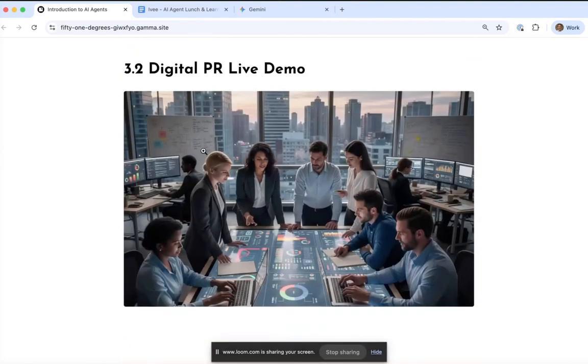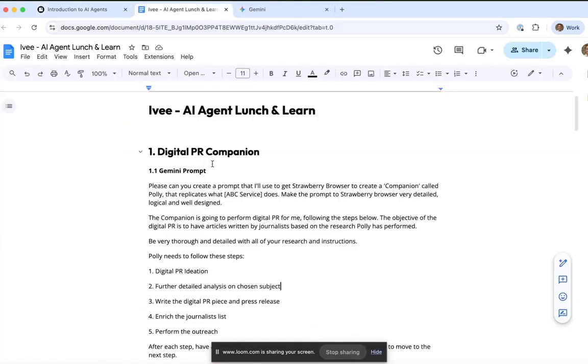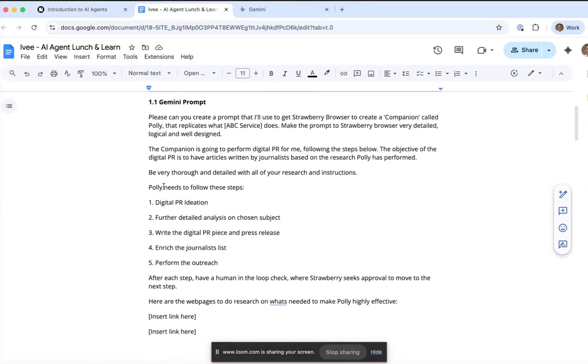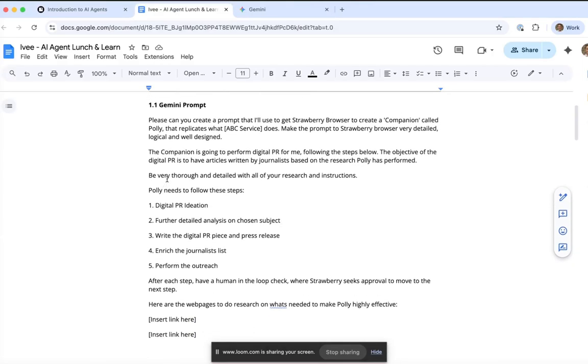So the first live demo is the digital PR tool that I've described. So what I'm going to do here is go back to my Google Doc. And I've written a prompt here, which I will then put into Gemini, which in turn will write the prompt for Strawberry Browser.